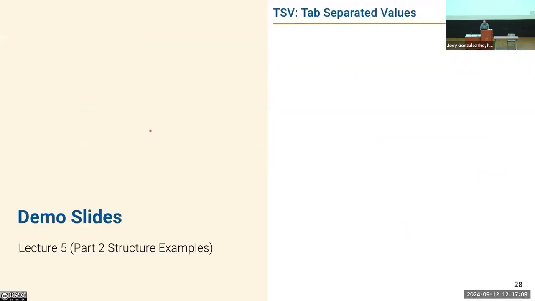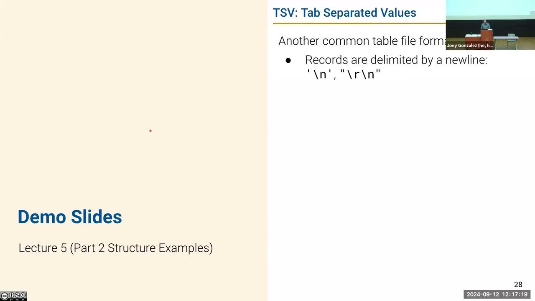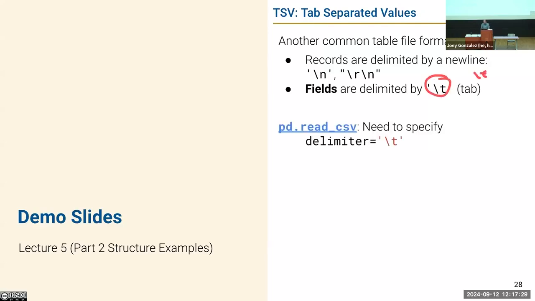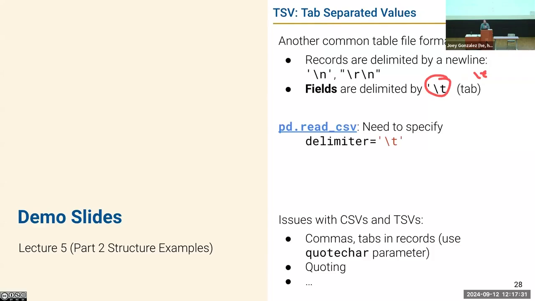So you saw merge. You can look at tab separated data. Tab separated data is a lot like comma separated data, except it is separated by tabs. So same newline delimiter, but instead of using a comma here, we use the tab character. \t is a way of saying the tab character on your keyboard. These are also very common.